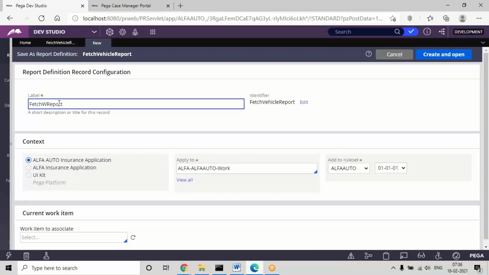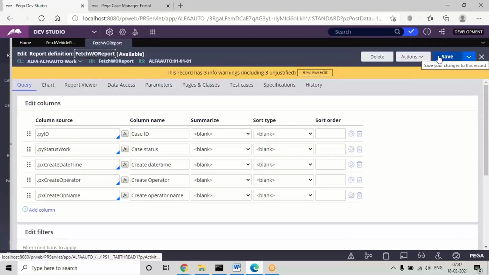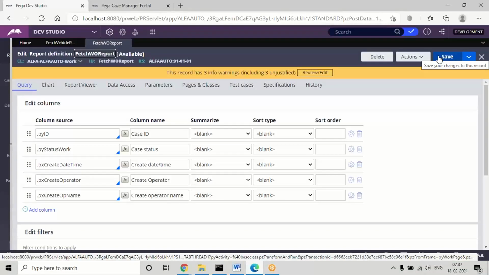So I'm giving the updated name as fetch work object report, because this one we are doing for any status given, so we can generate the report for this. The previous one is only for vehicle status, but now for any status given in the application, I can use this report, and in the future any other status defined also. The same report I can use to fetch any status at runtime. So it's a generic report, we can say, which will help you fetch any kind of status you want to fetch in the application, and display the output.